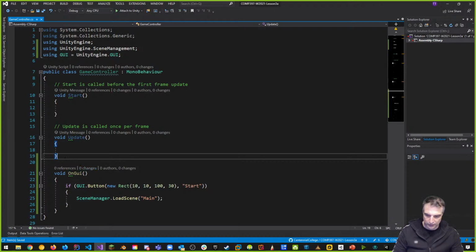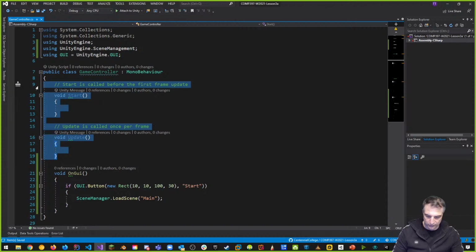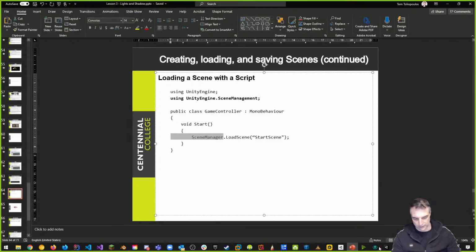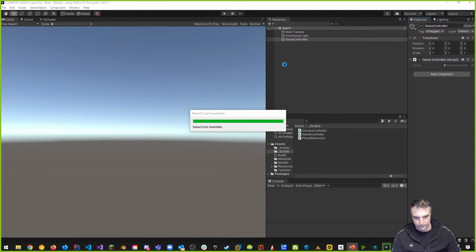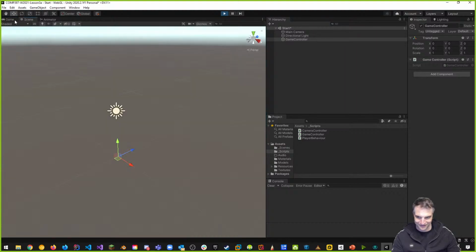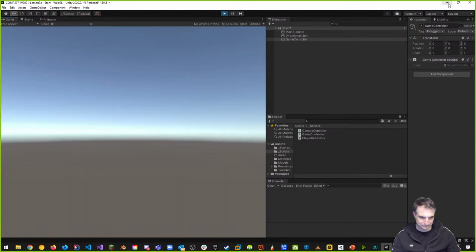And it's just to demonstrate. I don't need any of this stuff right now, because this little thing that I made is just to make the button go. So the way this works is if I run the game now, going back to Unity, you don't see anything here, there's nothing in the scene except for the game controller. If I press play, and if I did things correctly, which I didn't,